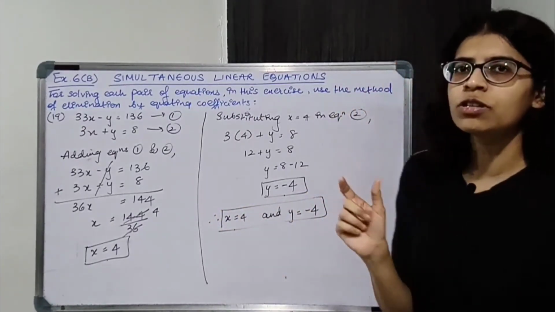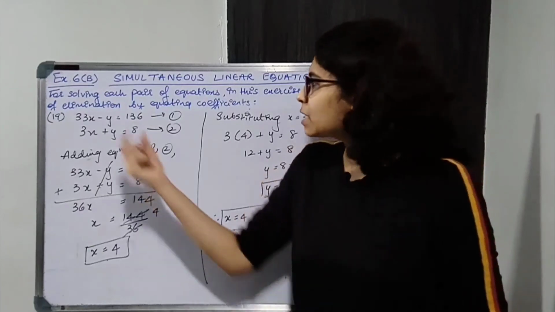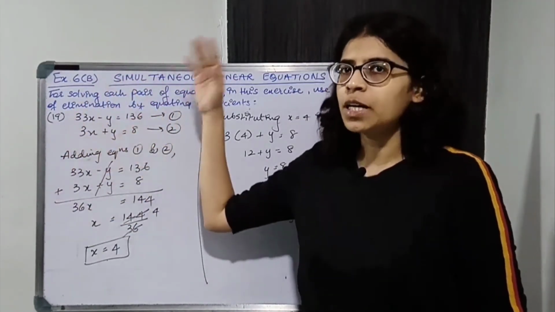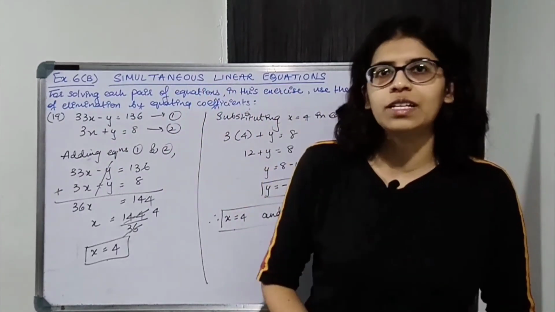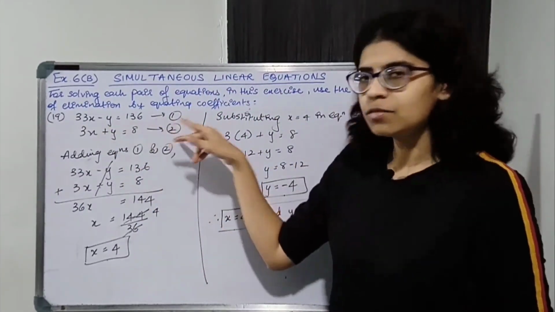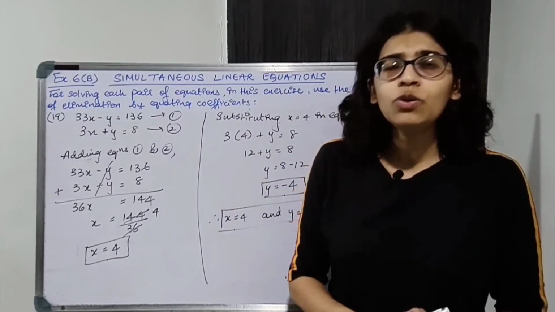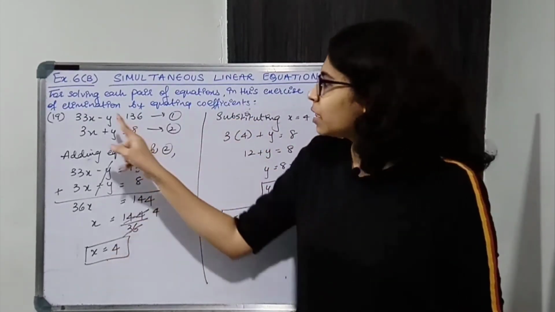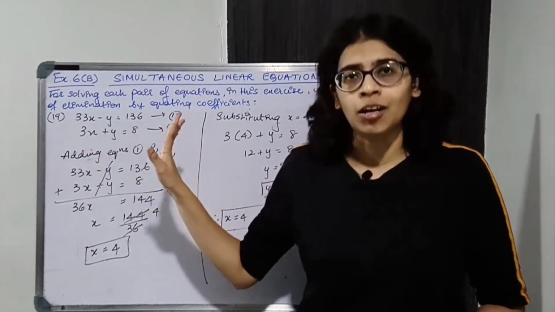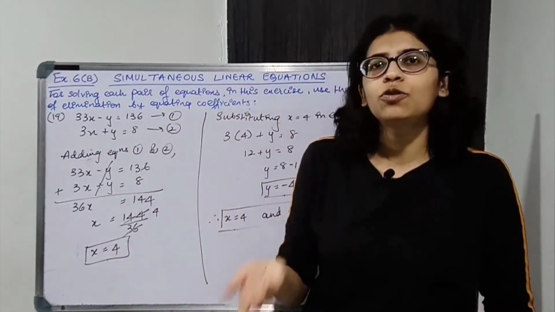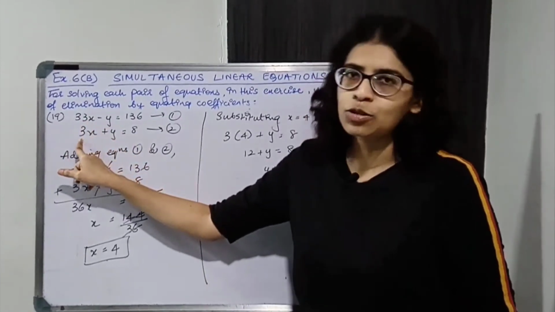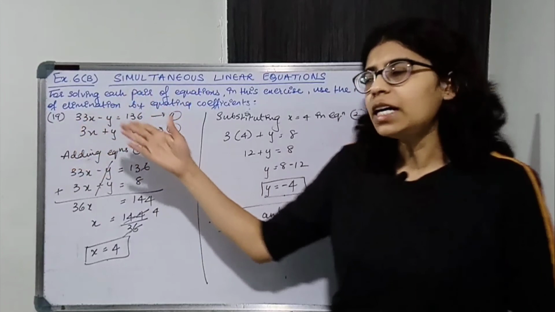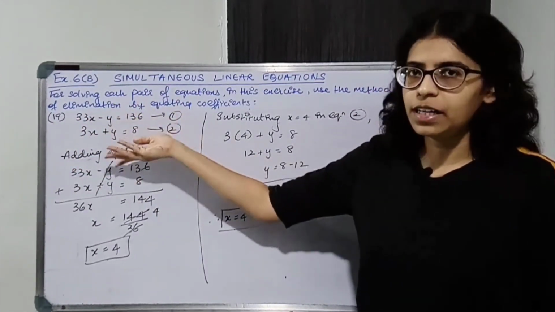First, bring the equation in the standard form, that is ax plus by is equal to -c. Variables in the LHS, numbers in the RHS, no fractions, no decimals. Okay, once you get that, second step, what will you do? Check the coefficients. If the coefficients are the same, you don't need to make them same. Here the coefficient of y was 1 and 1 in both. So I did not need to make them equal. If you are considering x then you would have to. Here you would need to multiply by 11, but I considered y because it was already equal.